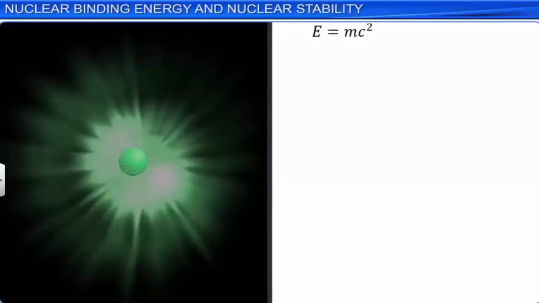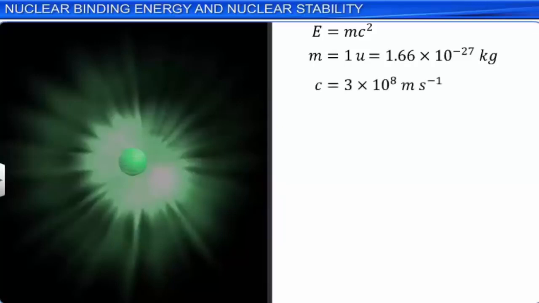Substituting mass m as 1 AMU, which is equal to 1.66 × 10^-27 kilogram, and speed of light c equal to 3 × 10^8 meter per second, and simplifying, we get E = 1.4924 × 10^-10 joule,